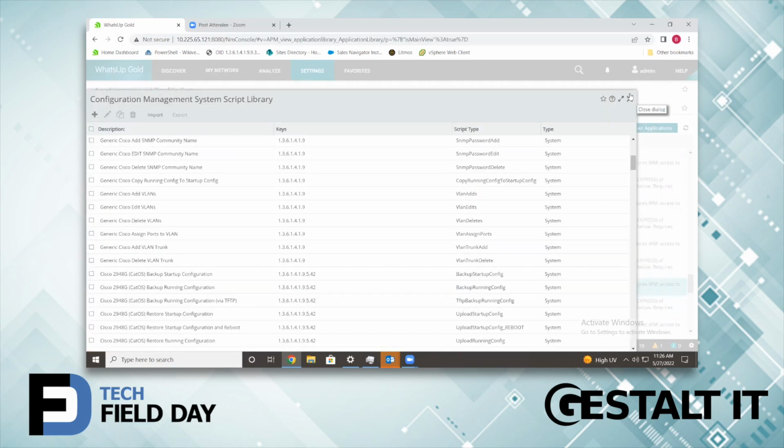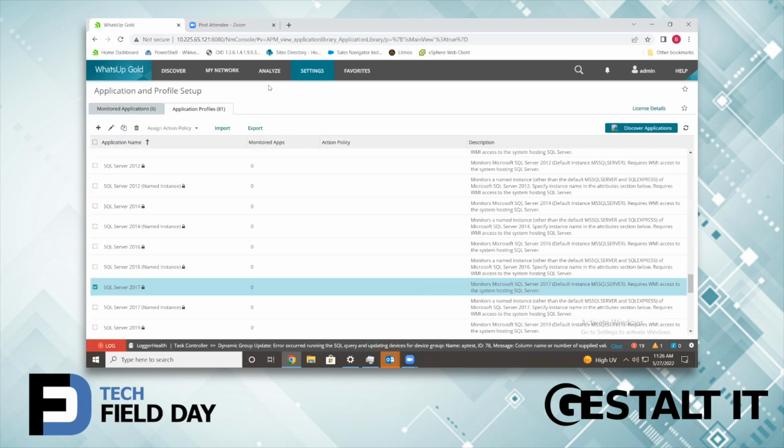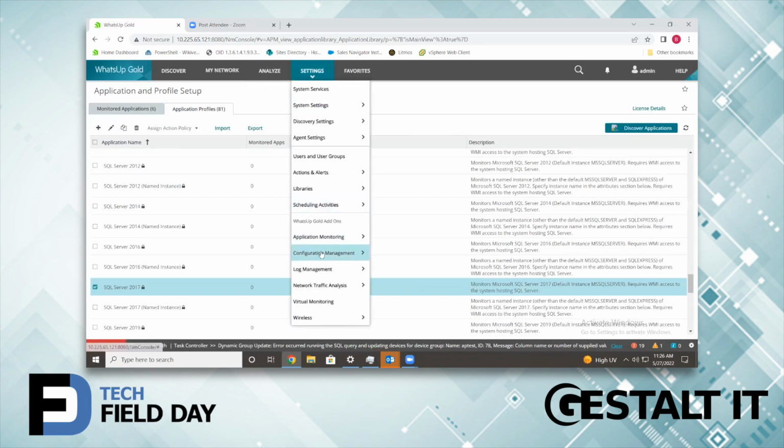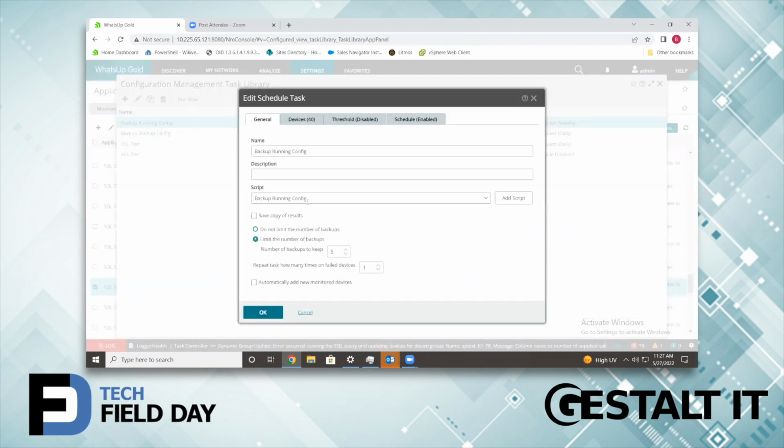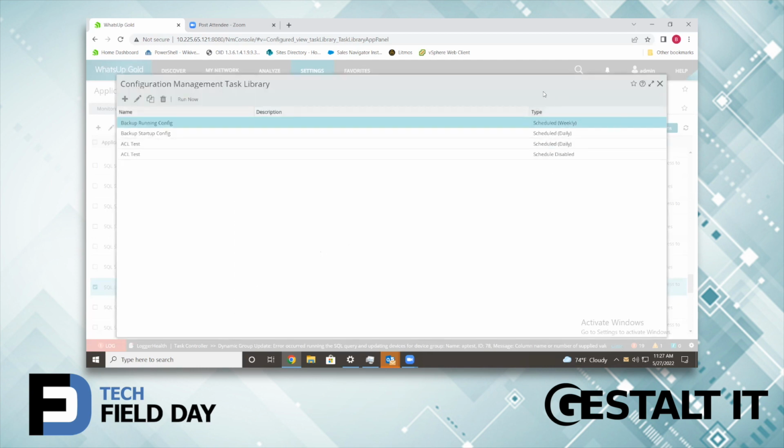So again, that library workflow extends to here as well. You're building out a library of tasks. Your task, for example, is running a script to back up a configuration. All you're doing is choosing the devices it applies to, defining a schedule, and notifications, who gets notified if a big change is detected. And WhatsUp Gold will then back up the configuration, encrypt it, store it in the database, and then every time the task runs, we'll compare the current configuration against the archive and notify the team if a